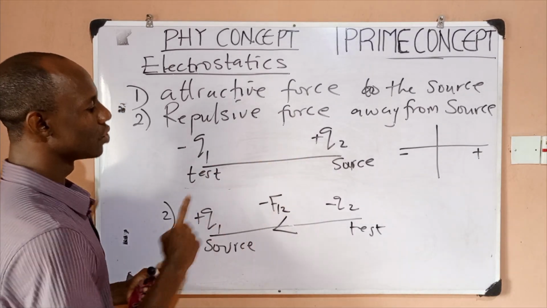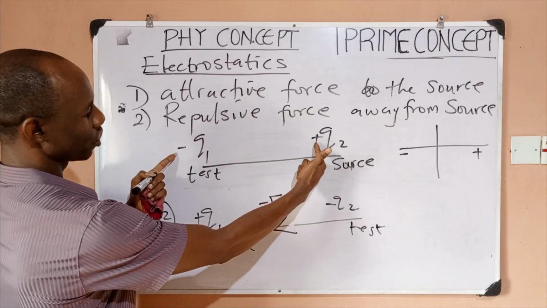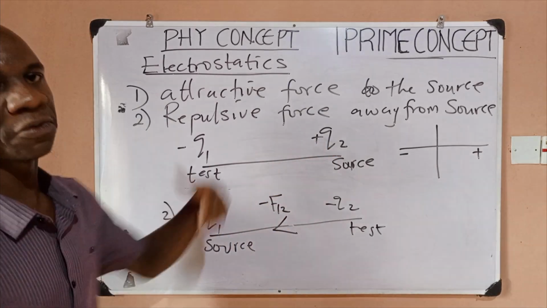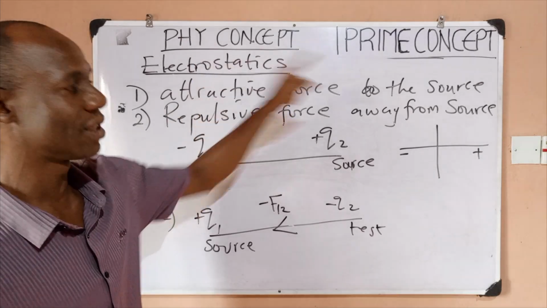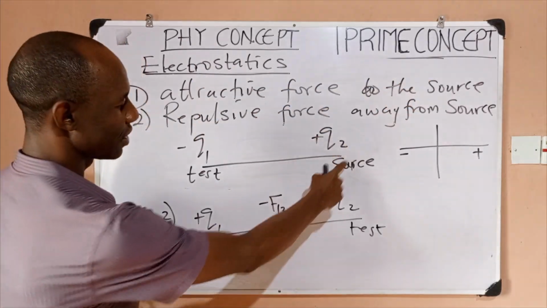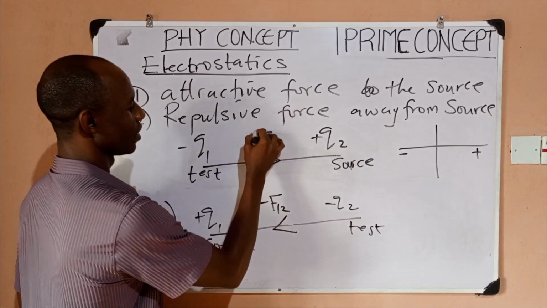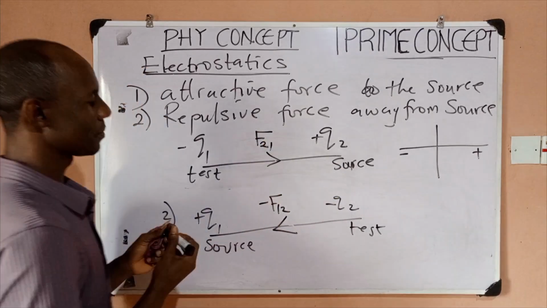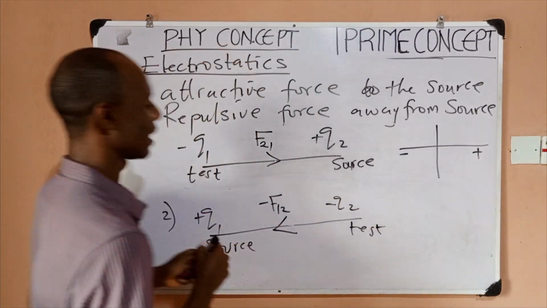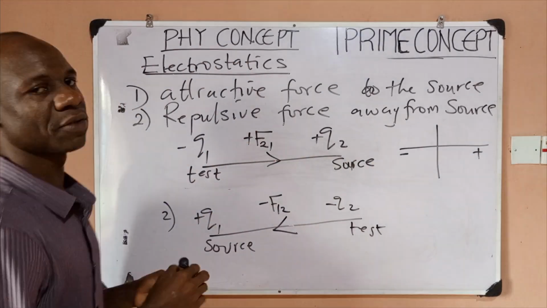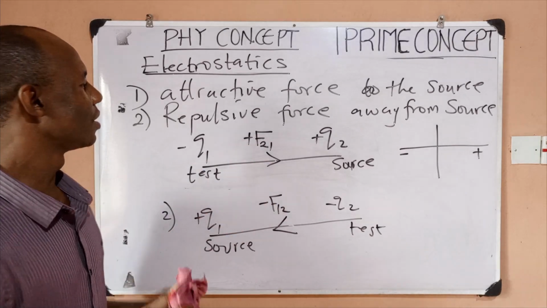Now, if you notice, this is positive and this is negative. So the kind of force you would have here is a force of attraction. And remember, attractive force would always be towards the what? The source. So since this is your source, it's going to point towards the source. So this is going to be our F21. Right? Now if you notice, F21 is pointing to the positive side. So it means that this is a positive force, and so on. So I believe this concept is very clear. So the next thing I want to do is to apply